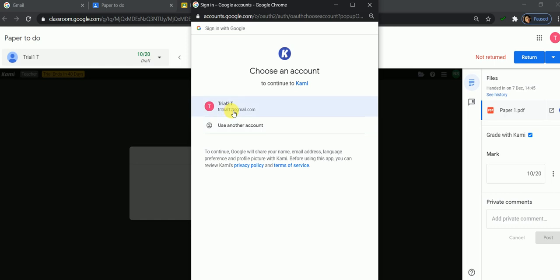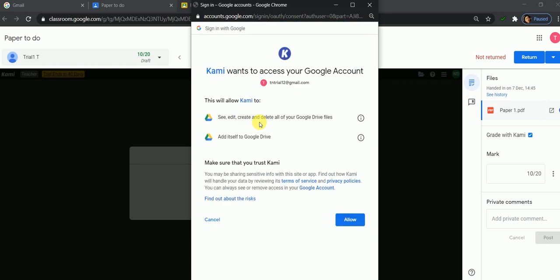I want to use the same account. And these are some permissions which are required to be given for using this extension. Click on allow.